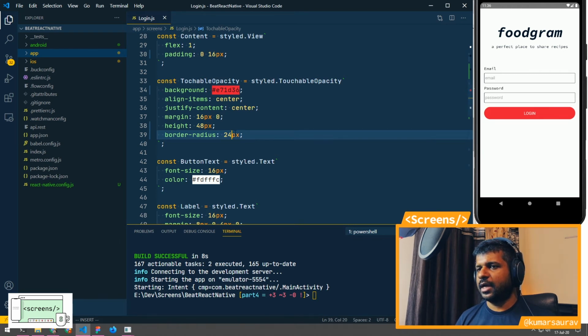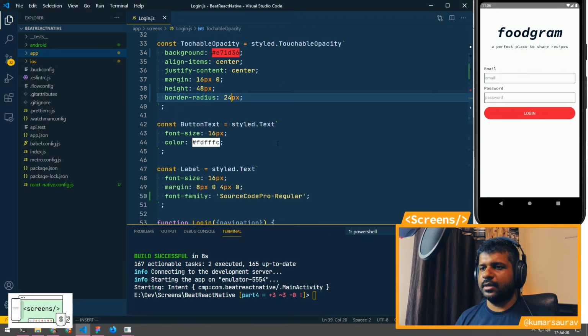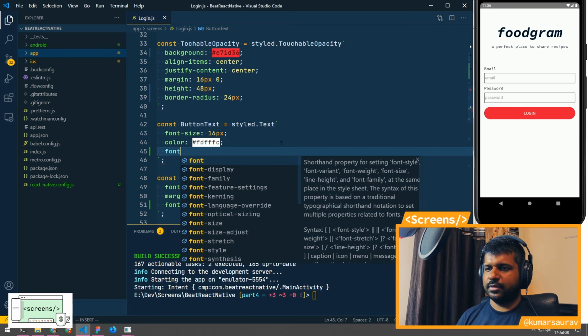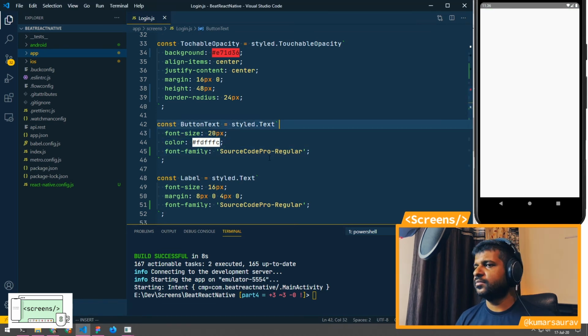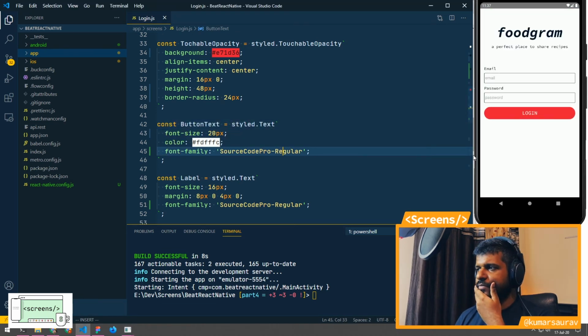Basically it is half of 48, so the corner radius is 24 and it will look like a rounded half circle here. So login, that's fine. Let's add the font family here as well. Okay, I think we have our button style now.